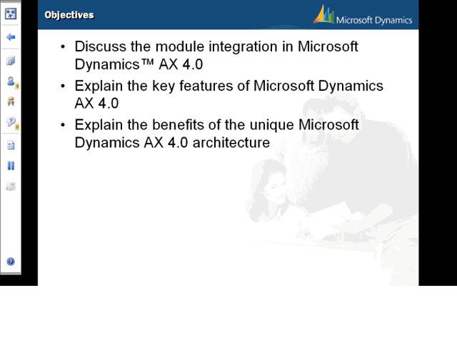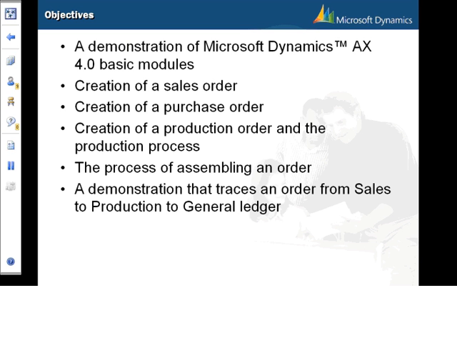Then we demonstrated the Microsoft Dynamics AX basic modules. We created sales and purchase orders and production orders, and we showed the production process. Also, we showed the process of assembling an order and demonstrated the traces of an order from sales to production